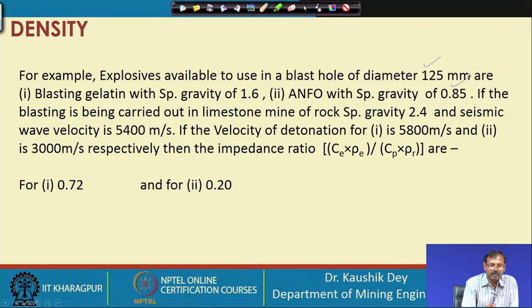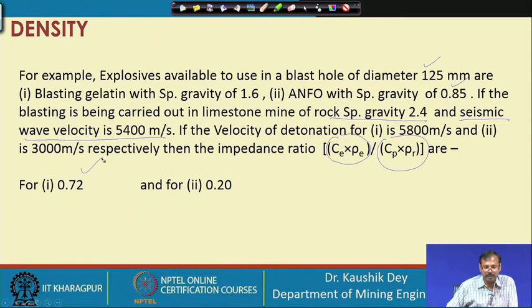Now, if the blasting is being carried out in a limestone mine with rock specific gravity of 2.4 and a P wave velocity of 5,400 meter per second, then we can understand the impedance ratio, that means the explosive impedance and rock impedance ratio, will become